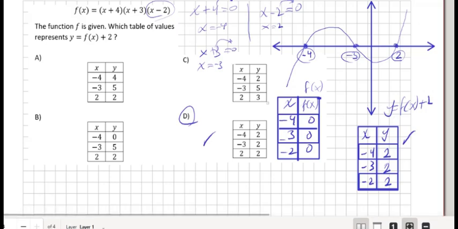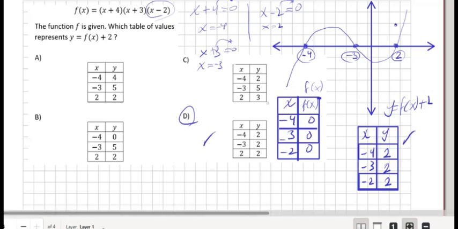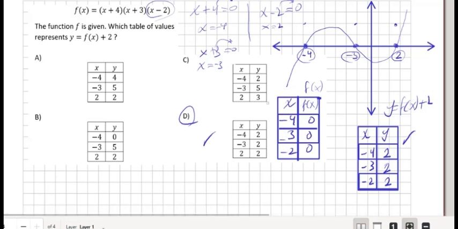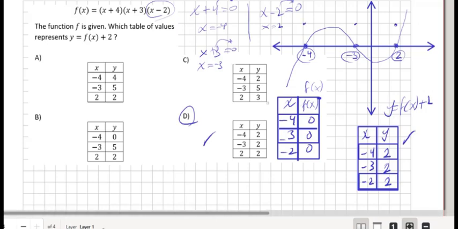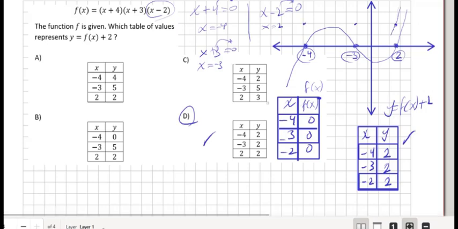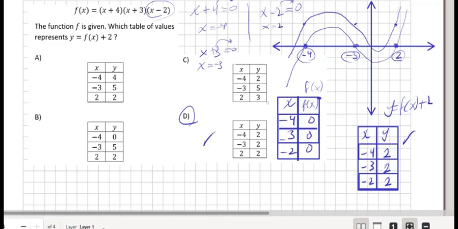You can also, if you want to think about it graphically, say, look at this point, which is 2 and 0, and move it 2 units up to be right here. And this point, same thing, move up 2 units. For every point, we have to translate it up 2 units. So this is our new graph, something like this, which means that the graph is moved up 2 units for this, sorry, y equals f of x plus 2. This means 2 units up. This is our table, which is represented in letter